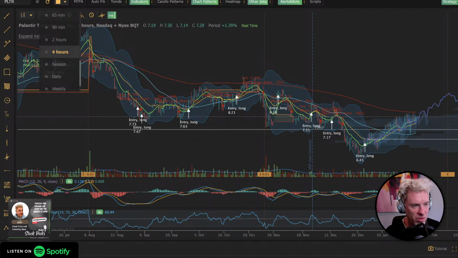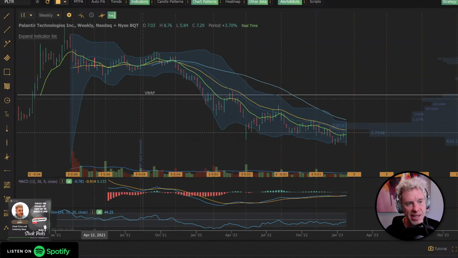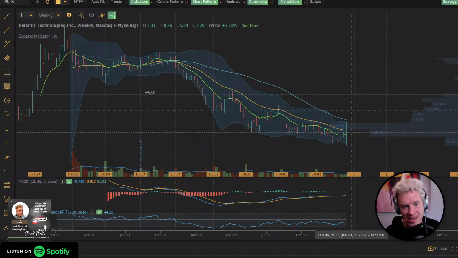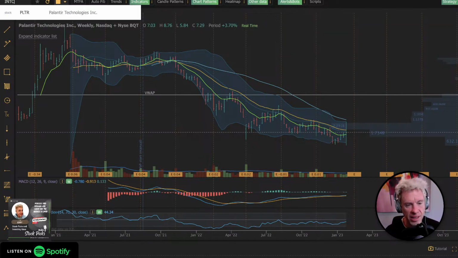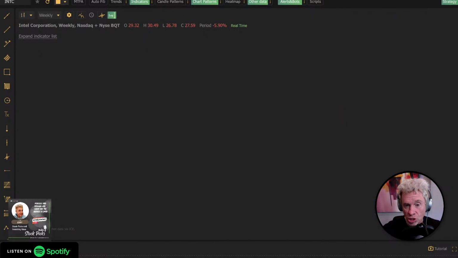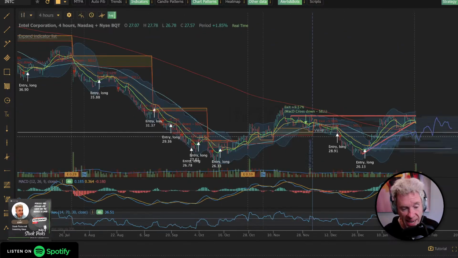If you look at the long term of this one, if we just look at a weekly chart, it doesn't even have enough to pull up a 200-day, but it's barely hanging on to that 9-day at 710. The 21 days at 760. I just don't see it above this 9-day long enough to say we're in an upward trend. It's going to be an uphill battle on that one. Intel on the other hand, but I say that with knowing you can trade Palantir and make some money. In fact, if you trade Palantir on the option side, I have some folks who absolutely 100% make money on that.